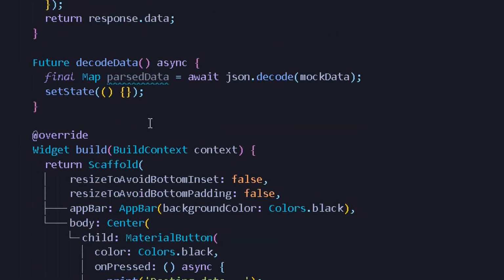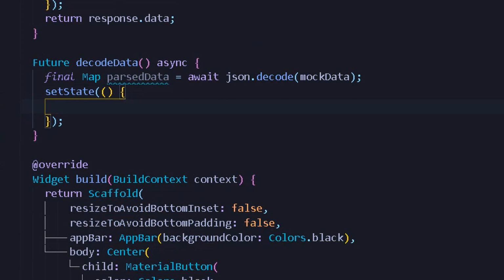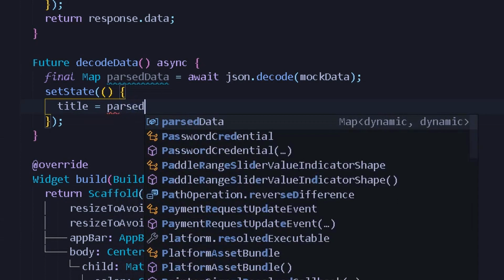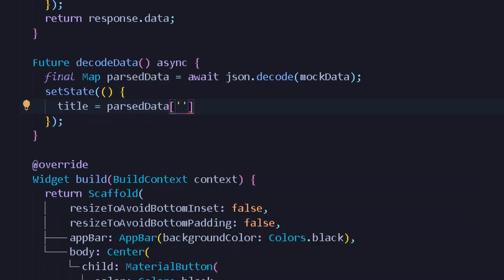Under this set state method, we can assign the following properties of the empty strings to the parse data entities. Here I will write title, which shall be equal to the parse data, and from this parse data we can simply fetch the title, which we are getting in the form of a response.